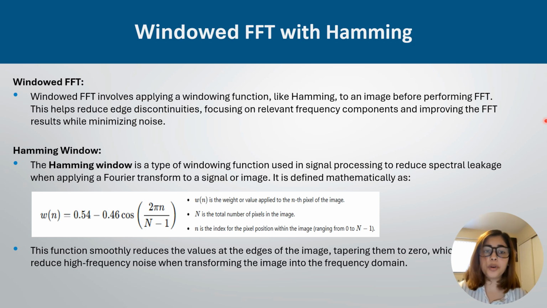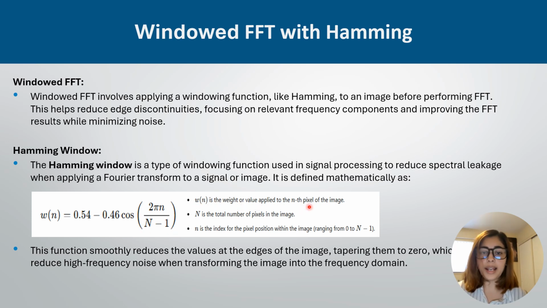The Hamming window is a type of windowing function used in signal processing to reduce spectral leakage when applying a Fourier transform to a signal or images, but I use the Hamming window on images in this project. We can use it on any signal and it is defined mathematically as this. The function is W(n) = 0.54 minus 0.46 cos(2 pi n by N minus 1), where W(n) is the